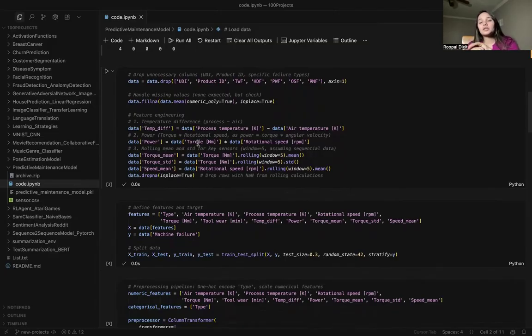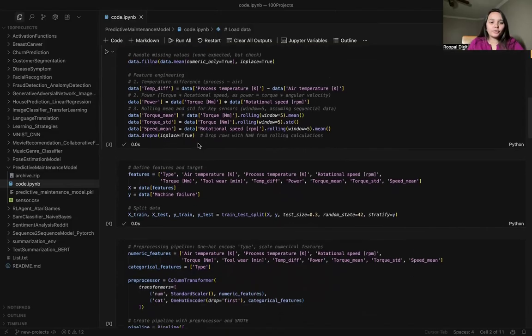For example, if we are baking a particular bread, the process temperature is supposed to be 120 degrees, so the air will also be 120 degrees. That makes sense. But if the process temperature is 50 degrees and the air temperature is 110 degrees, then you will know that there is a difference. So why is there a difference? Then you can go into the details of what is happening. There might be some fault or some issue because of which your machine can wear down.